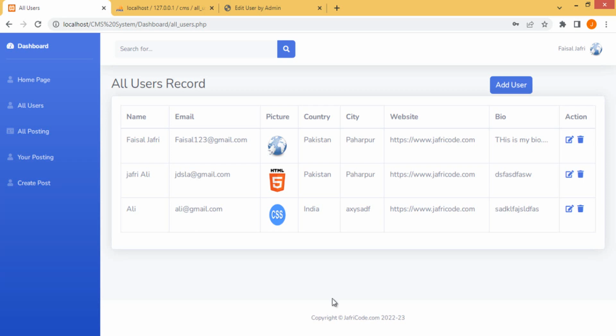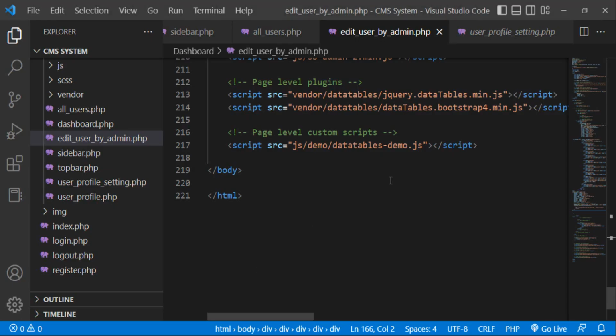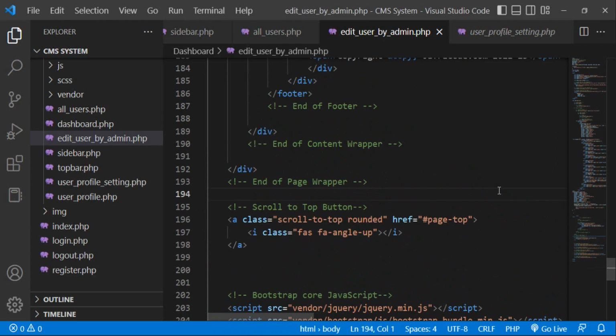Hi guys, in this class we will work on this delete action icon. Admin can delete any user. For that reason, what I have to do, there is no profile there for this one. I have to create a file,